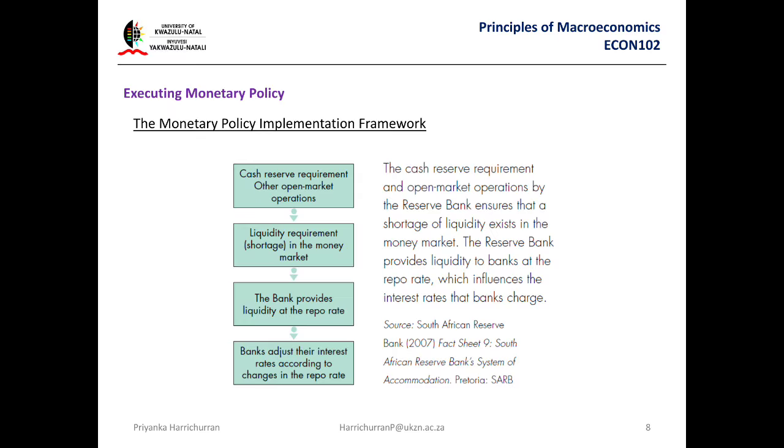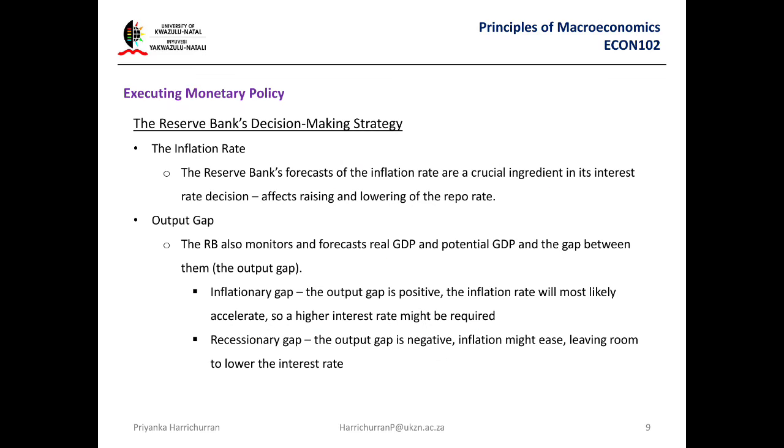Also, the exchange rate goes down. Now, the reason why the exchange rate goes down is very, very simple. If the interest rate goes down, that means your rand is not good. It's undervalued. Basically, people will not invest in this country. So if the interest rate is down, that's bad for the country. Therefore, the exchange rate collapses and goes down. If the interest rate goes up, the exchange rate goes up. So you see how everything's linked.